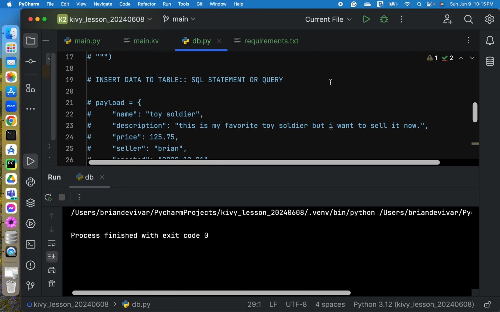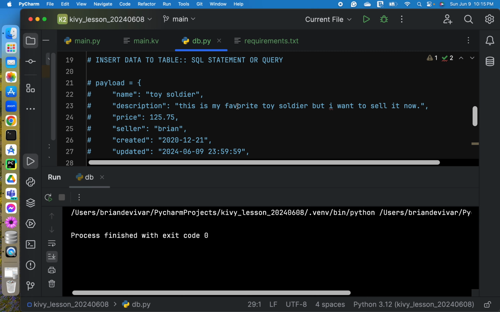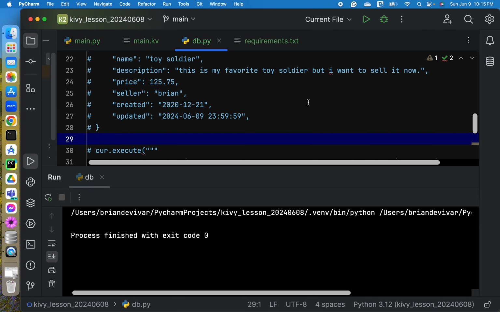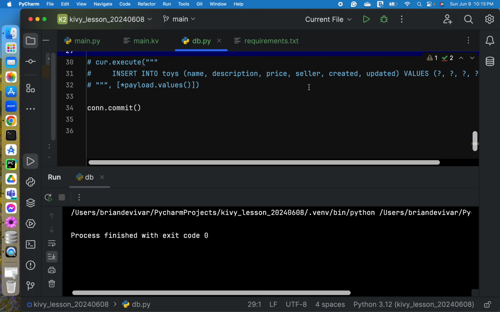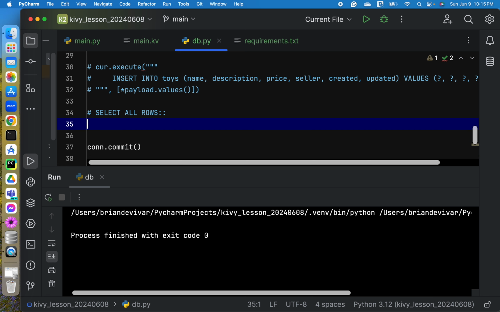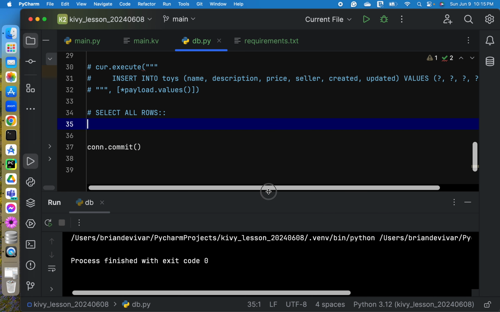So let's try to query the data in our table. Okay, select all rows. So how are we going to do this?